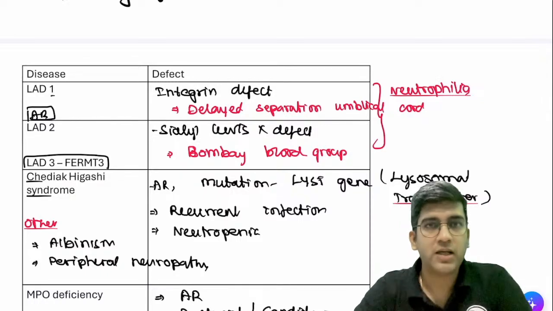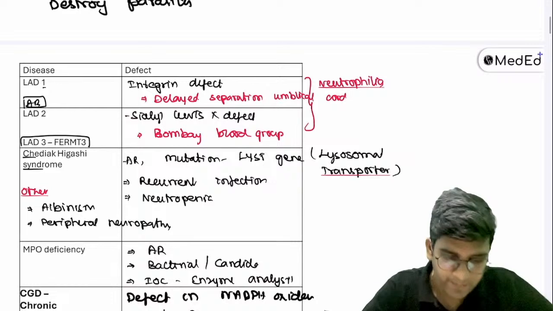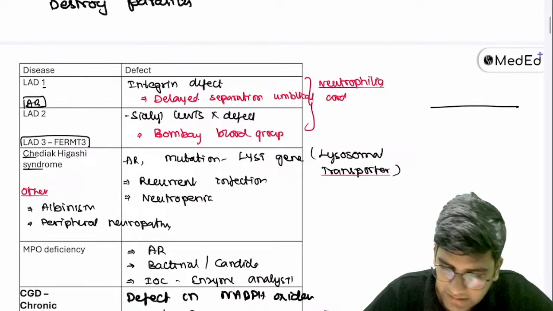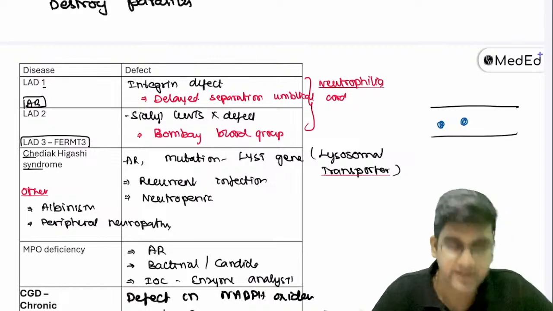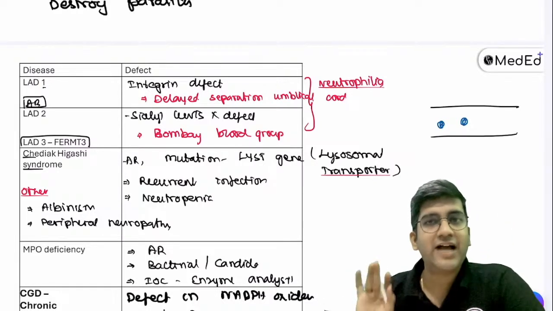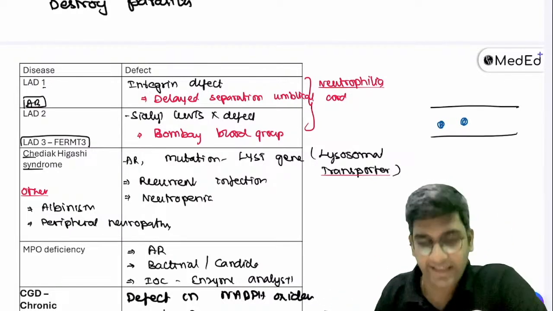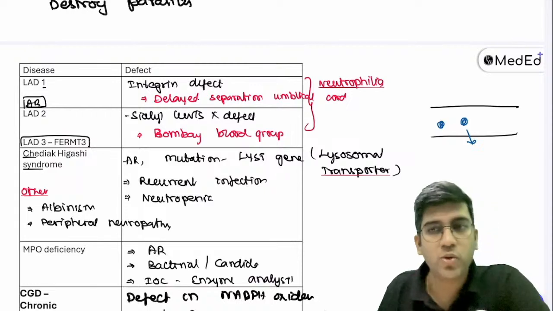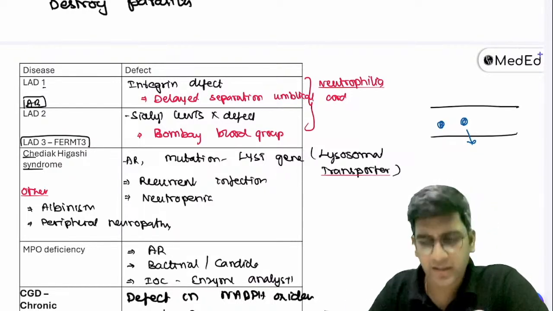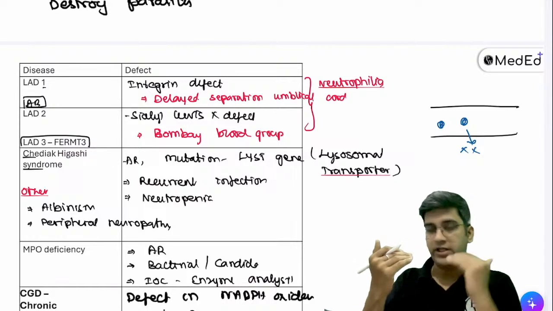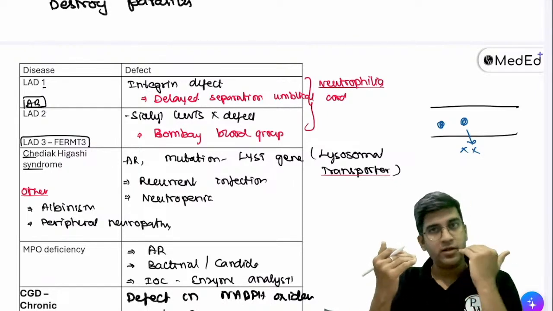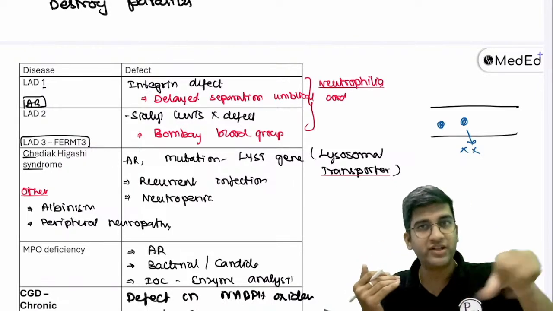If you remember, let's say I'm having a blood vessel like this, where my neutrophil is there inside. This patient is not having CLL-6 or not having integrin. So can these WBC go outside, or they can't go outside? They can't go outside. That's the problem, right? So I had an infection. WBC knows there's an infection. My neutrophil cannot go outside because of the defect.